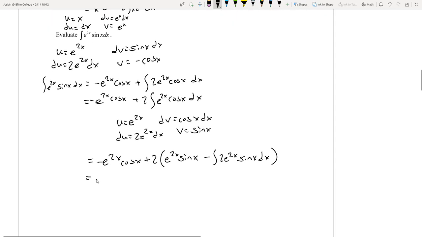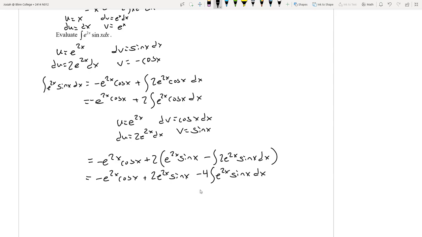I'll go ahead and clean this up. We'll take that 2 out and multiply this 2 in. So I take that 2 out, multiply by 2, we get minus 4 e to the 2x sine of x